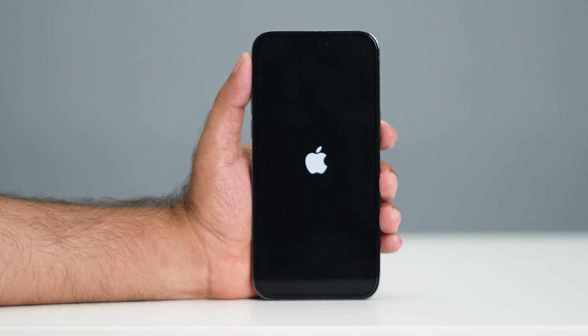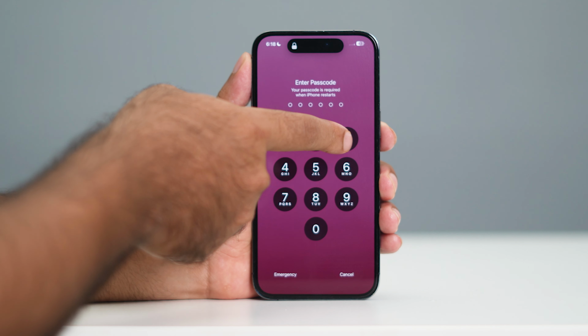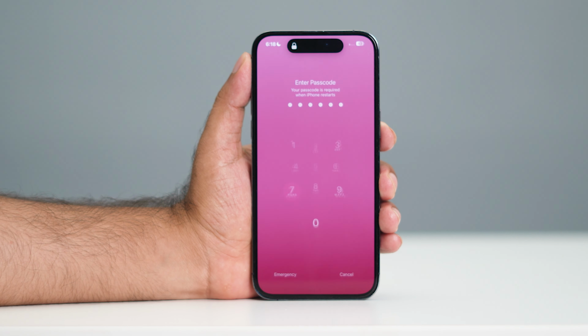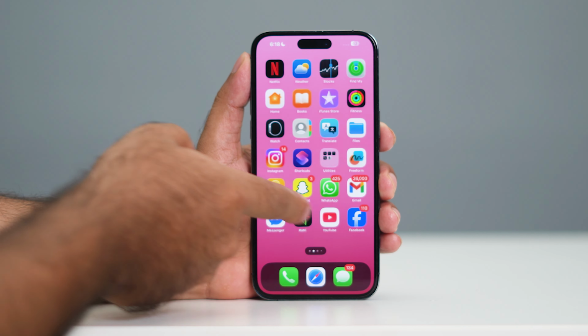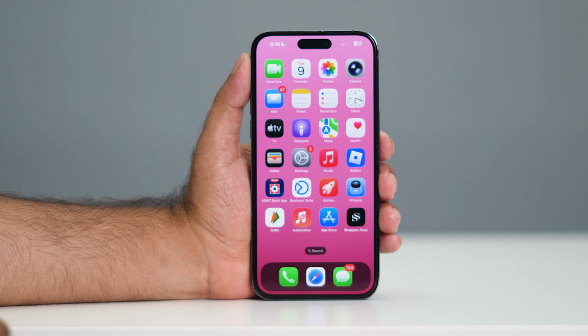Then check whether your screen is still moving by itself. Enter the passcode and check it properly. You can keep it on your table and wait to see whether it's moving or not. If there's still an issue, apart from this,